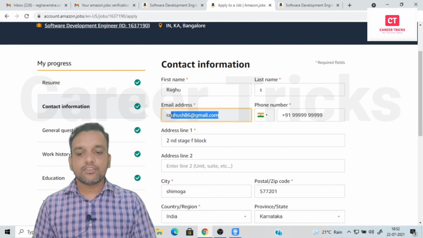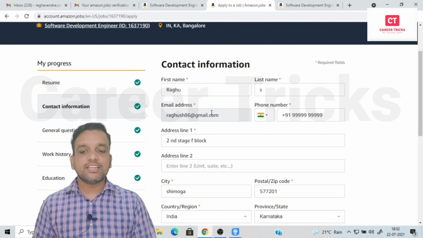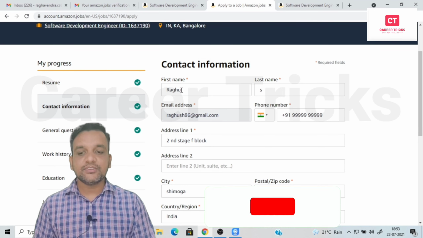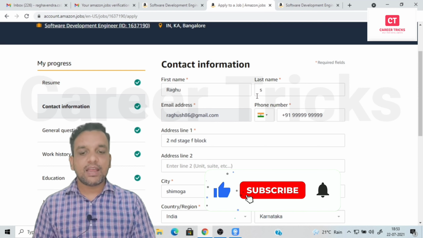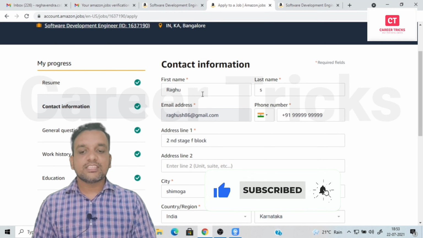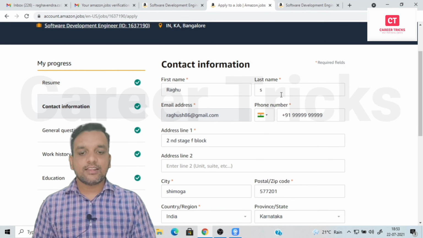In the contact information, whatever email ID you gave will be reflected here, and you have to give your first name and last name, whatever name is there in your Aadhaar card or any other ID card; as per that, you mention your name here. After that you mention your phone number. After that, write your address, your permanent address.